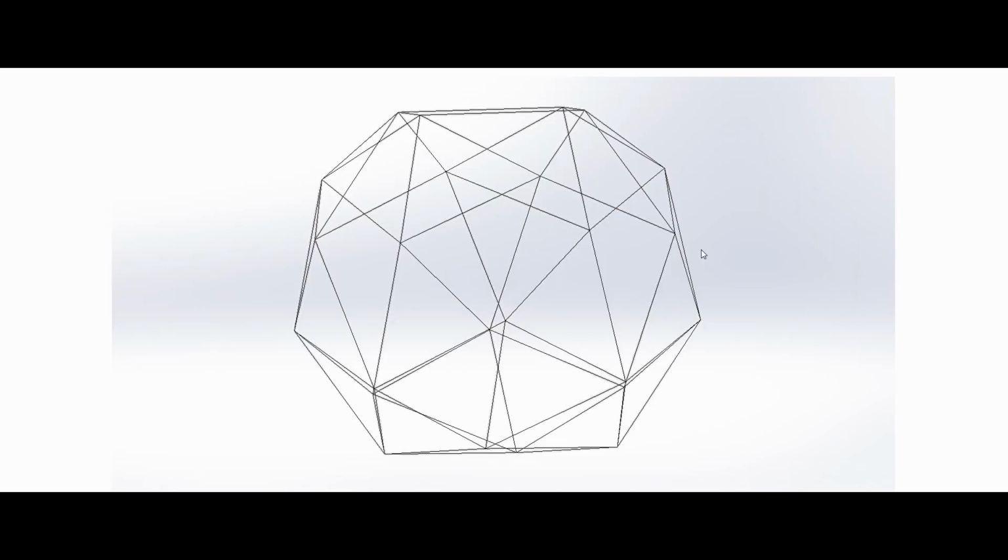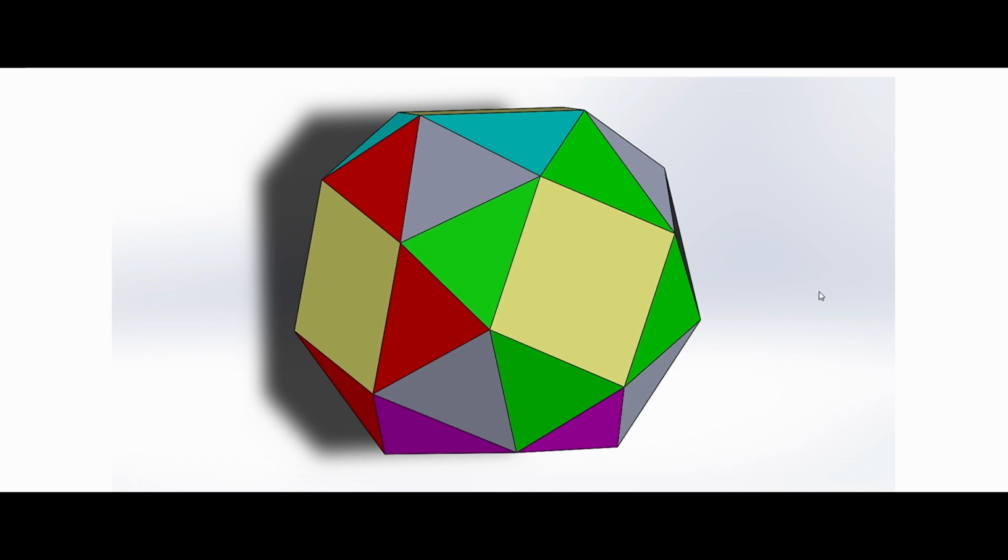Let's check out this question. This is a snub cube. A snub cube is a standard cube having a particular pattern which follows around. This is the wire mesh view of the 3D figure of the snub cube. Let me change into the 3D model so you can understand the number of surfaces of a snub cube in a better way.